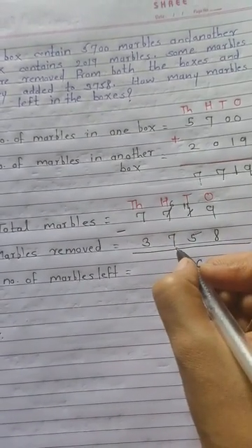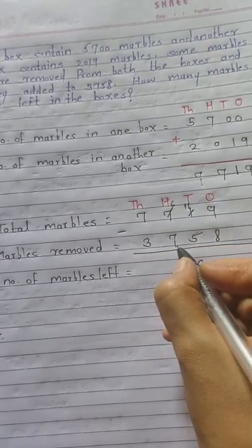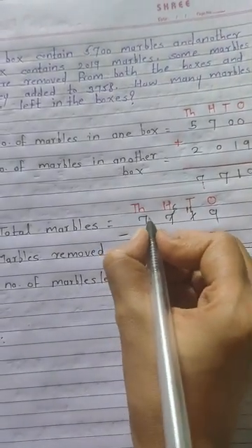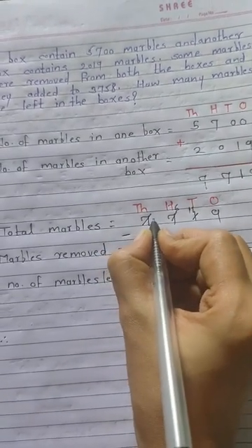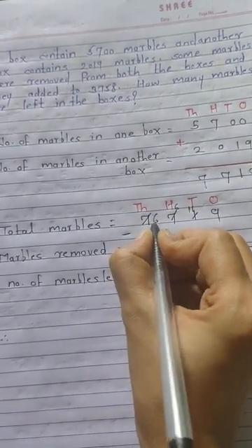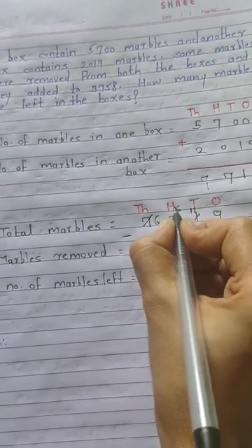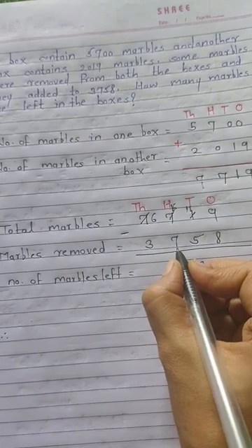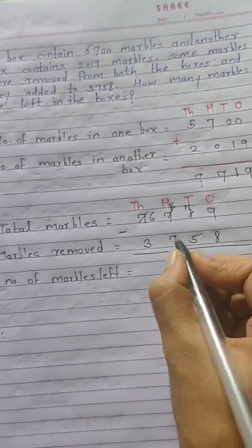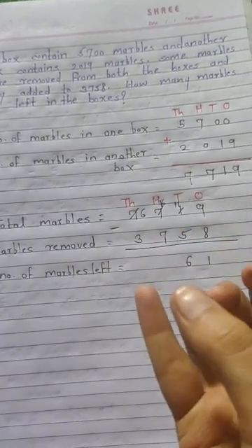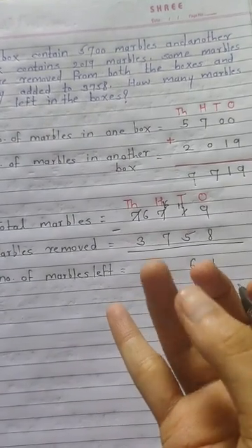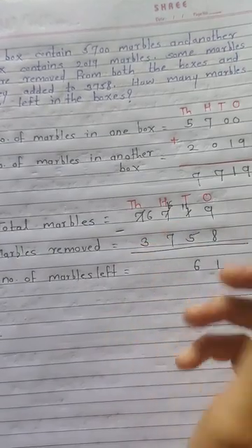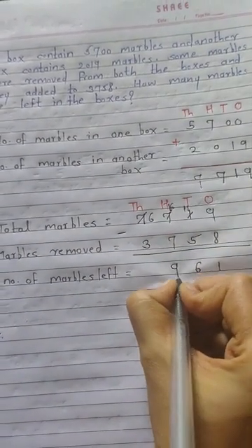6 minus 7. Possible? First number is bigger than second? No. So subtraction will not be possible. So we will go to the next and take a borrow. If 7 gives us 1, how many will remain here? 6. And here will be 16. Now is the first number bigger than second? Yes. So subtraction will be possible. So count after small up to big. After 7: 8, 9, 10, 11, 12, 13, 14, 15, 16. How many? 9. So we will write over here 9.